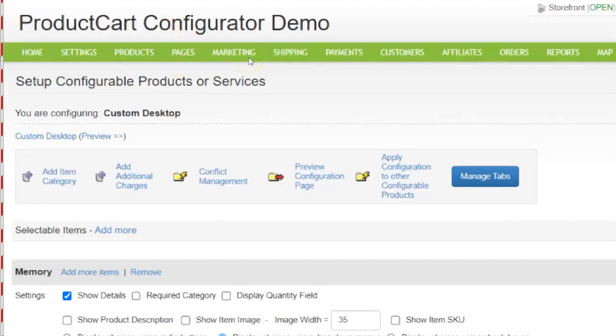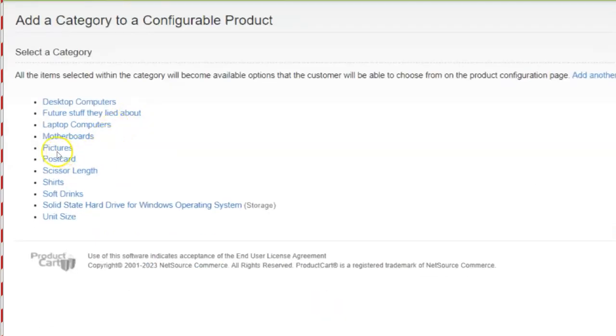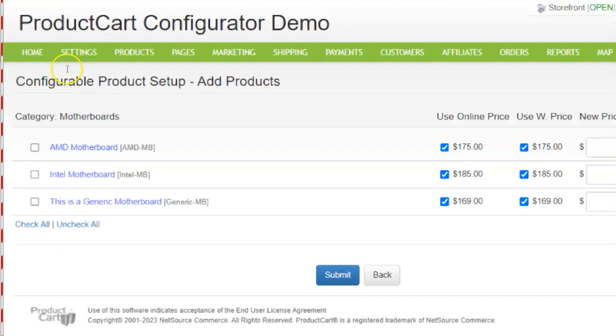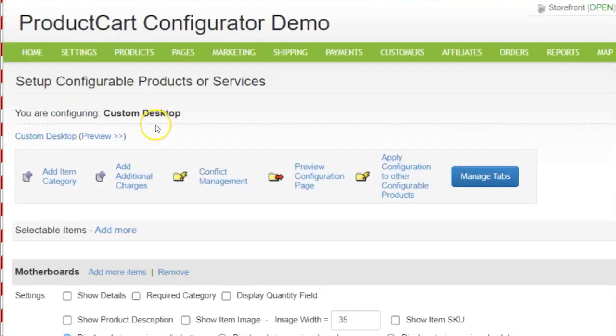Adding a new category to a configuration is also a pretty simple process. That goes to this link here. It says add new category. So we can add a new category of items to this. For instance, we can add the category motherboard, so the customers have the ability to select an optional motherboard, and it's the same process. You select the items that you want to add, click the submit button,